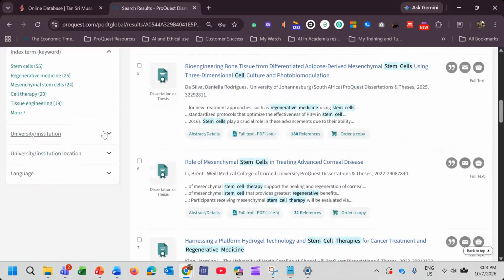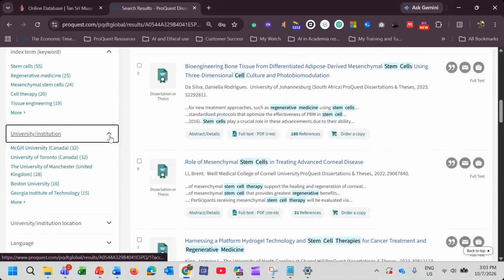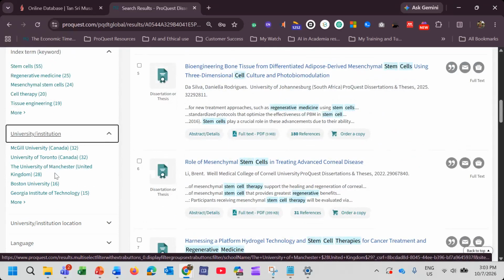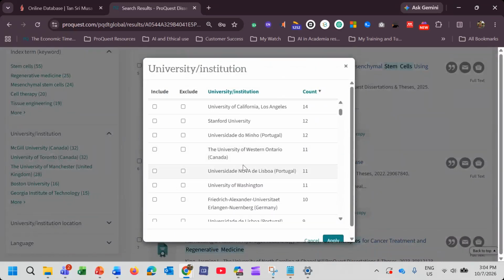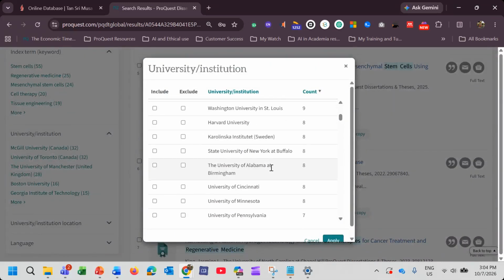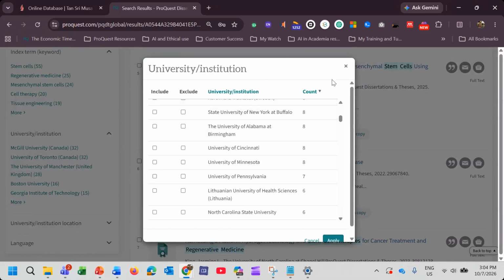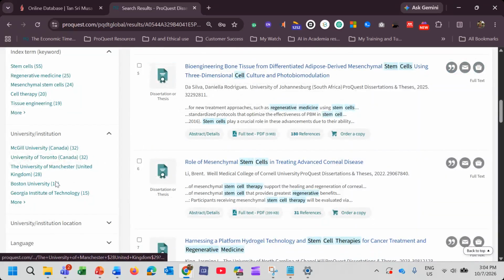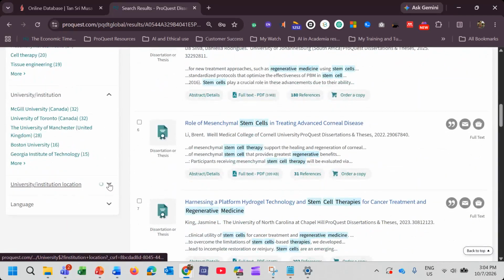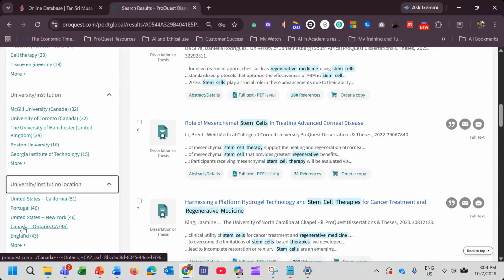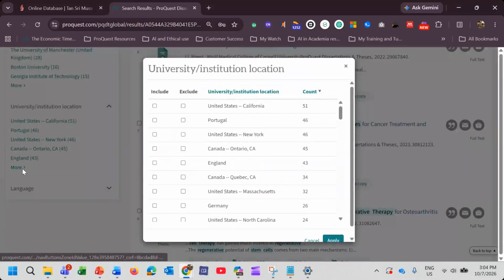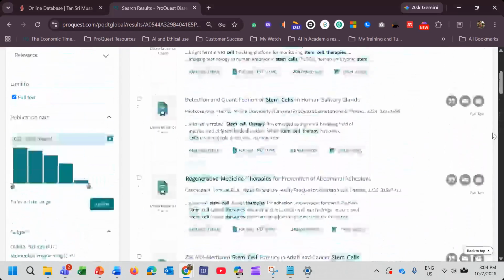And if not all papers are of interest to explore, you can choose papers from the top universities, like if you want to look at Boston University or some other institution, Stanford, or you want to explore Harvard and so on. If you want to explore those institutions' output, just filter it from here. And you can also filter by location. You can go by countries to locate it as well. Okay, so this is very clear. You can filter it in such a way.